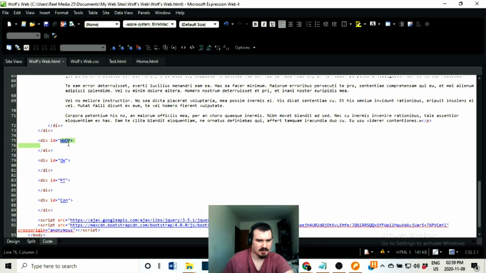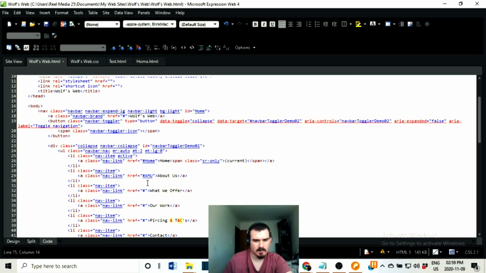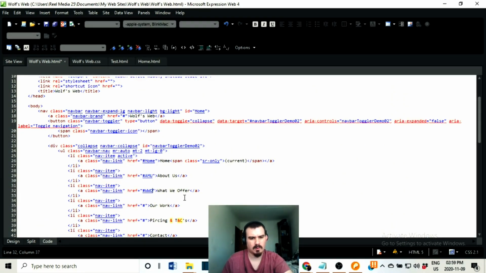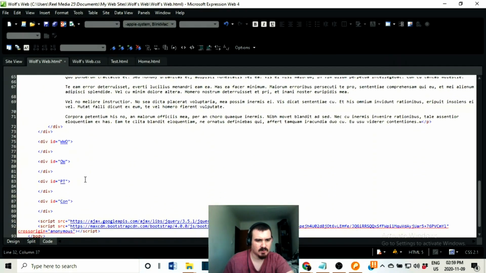Now we just need to connect them, and we'll have everything ready to go. All we need to do is then fill in all the information, which is going to take a while,